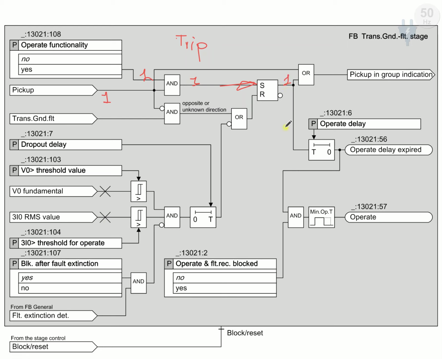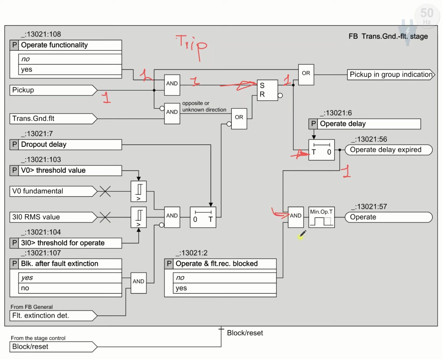Now this 1 signal, meaning a high signal, is supplied to the time delay block. This operate delay we gave during our setting. Then the output becomes 1 again after passing this operate delay. For example, after 100 milliseconds or 200 milliseconds; we will discuss further how much we should set these values. But right now, suppose 100 milliseconds. After 100 milliseconds the output becomes 1, and this 1 is supplied to another